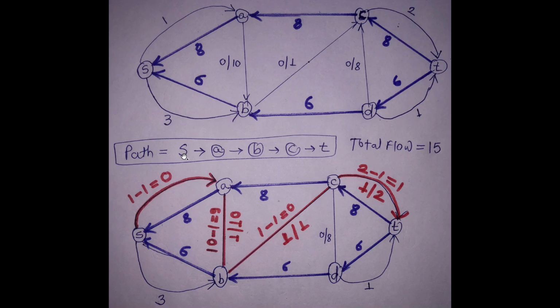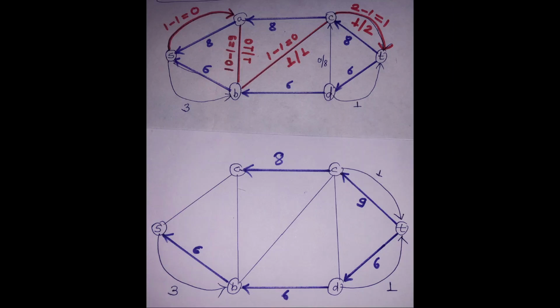So how actually is it? Look at here. Now we will start from T to C. Previously we have used 8 and this new is 1. So 8 plus 1 becomes 9 as a reverse flow, and now only 1 remaining as a forward flow. So 1 plus 9 becomes 10. So this is true. Now we are at C. Now from C we will shift to B.